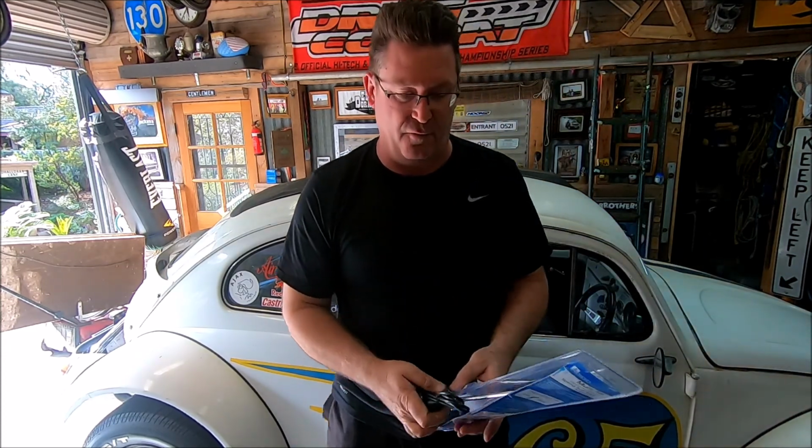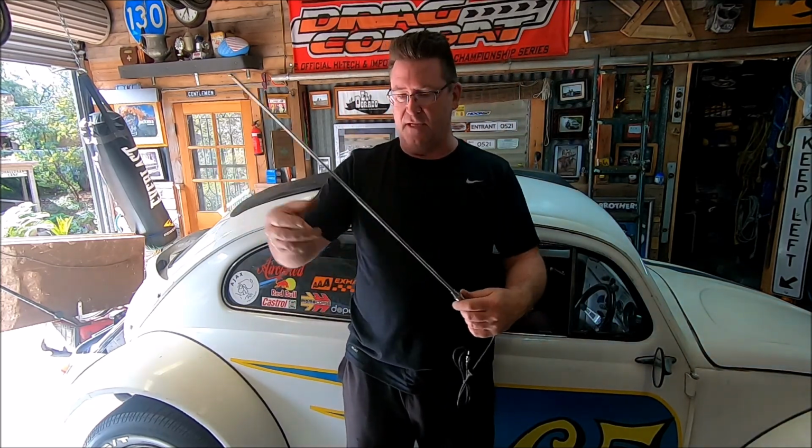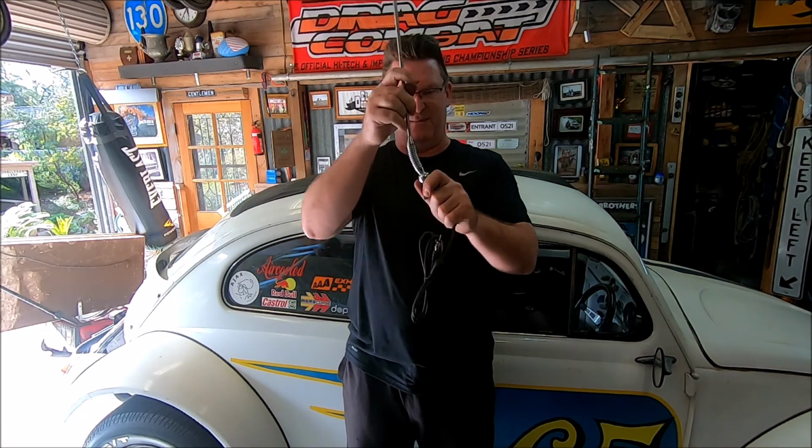And I've been wanting to put this one on for a while just to balance the car a little bit out visually. So I got one of these, which is a whip aerial, so you can sort of see she moves around and all that jazz. And what I reckon we're going to do,